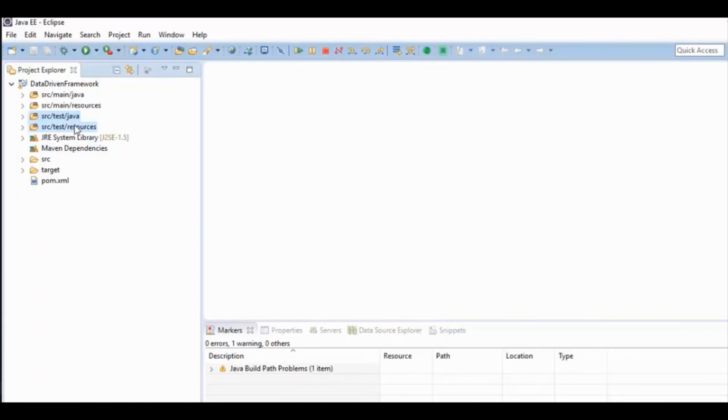That is how they follow. So we're going to follow the same basic approach. We'll be designing all our test cases within the test packages, right? Before we get started with this framework, the very first thing is that we will be defining the architecture layout of this